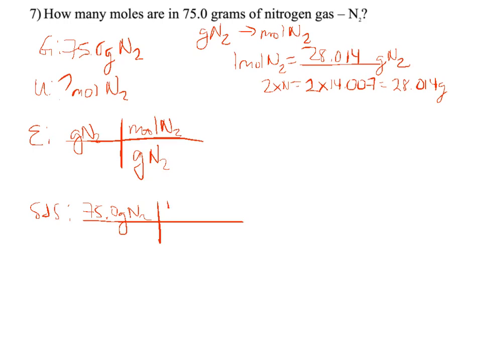So 1 mole of nitrogen, remember molar mass is always 1 mole, is 28.014 grams of nitrogen. All right, so really all we're doing is taking 75.0 and dividing it by 28.014. And you get